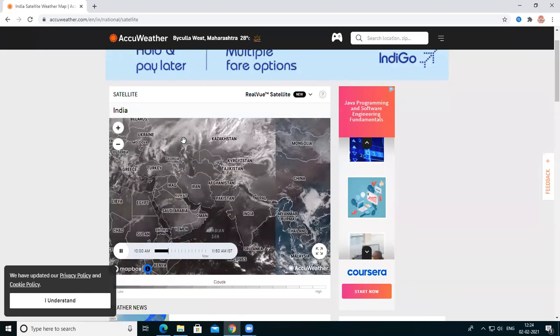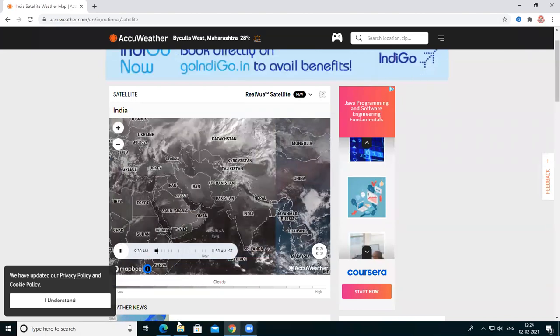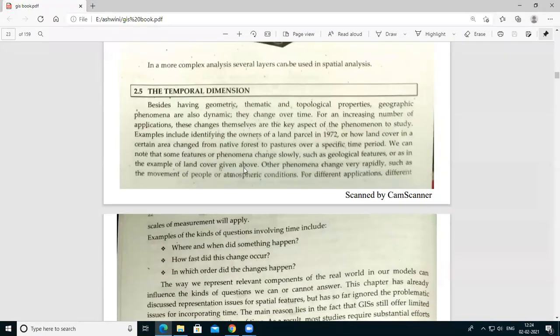See this, the map changes in the time period. Okay, so for that this time interval is going to be used. Then in what types of mapping is this time going to be included, just like where and when did something happen.